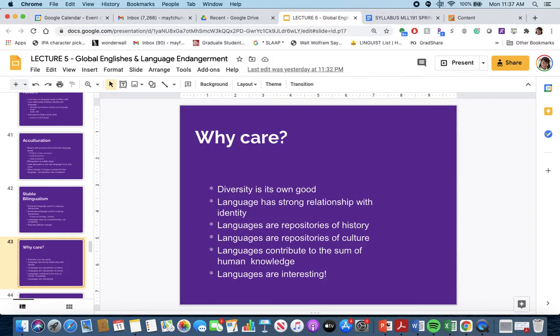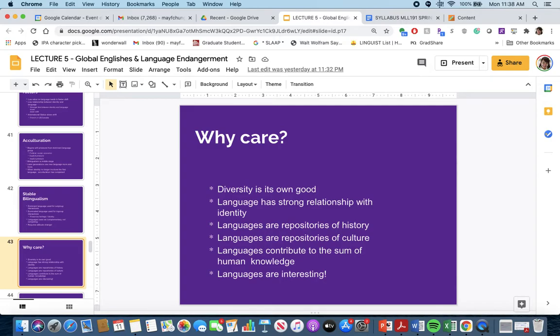So why care about languages dying and why care about English having this hegemony? It's because we want there to be diversity, right? Just like I said earlier, a lot of people care about pandas dying, right? Because we want there to be animal diversity. We don't want to live in a world where there aren't any pandas, right? Because they're so cute. But the same thing for language, right? So languages are diverse and it also represents the identity of a lot of different people. So the fact that when you lose a language, it's kind of like losing a sense of who you are,